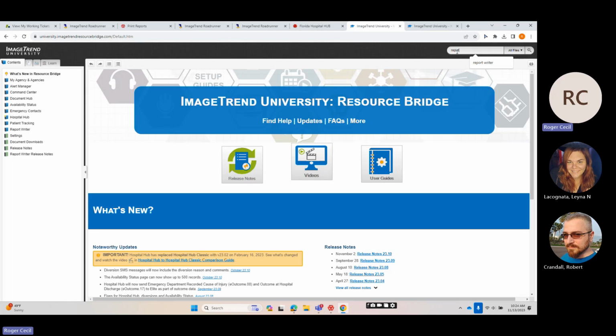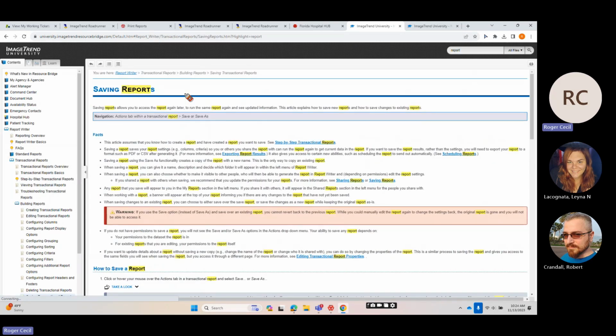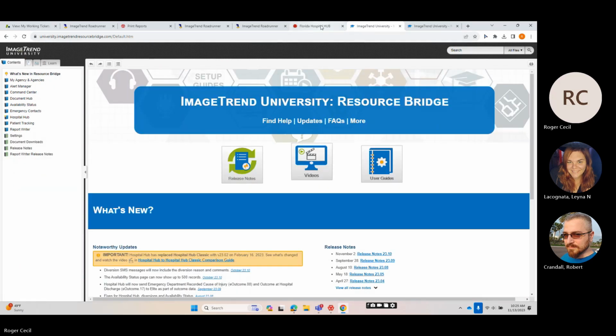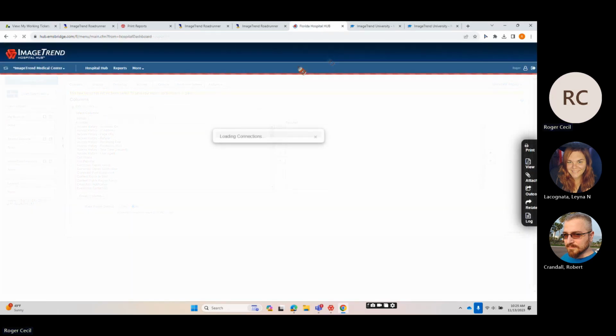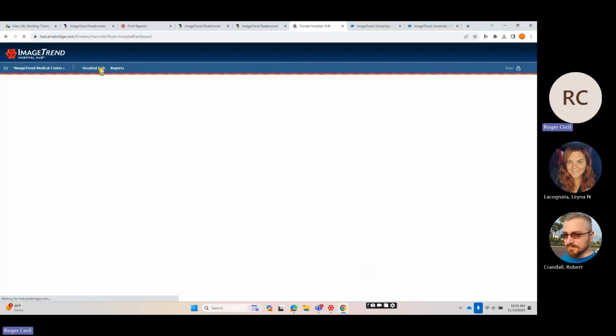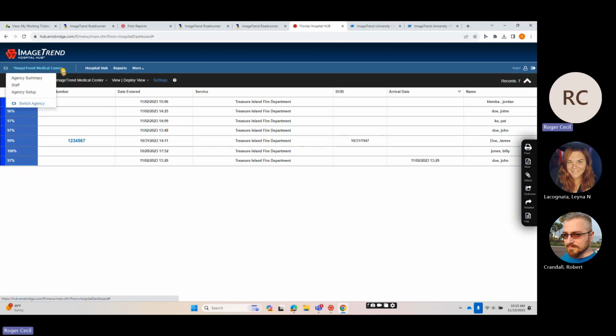So say we look at Report Writer, we can search report, go to transactional reports, and this is how you can create and save your report. I go back to our hub here. The other thing here across the blue tab, so Hospital Hub, this is another home button here to your patient list. Here, if you have access to your agency, under the blue row here,